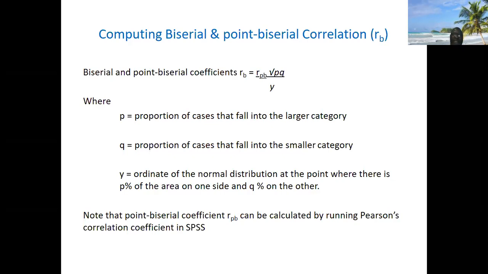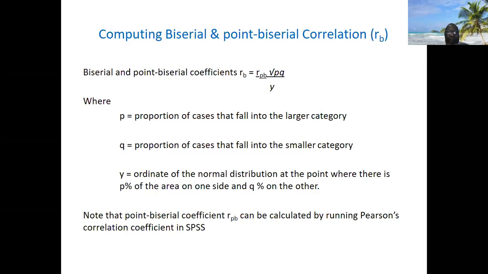One will have the higher category and one the lower, but it doesn't even matter, because the proportion that fall into the larger category, P, is 1 minus the proportion that fall into the smaller category, Q. It's just like when we calculate sample size, P is 1 minus Q, and Q is 1 minus P. So at the end of the day, the square root of PQ